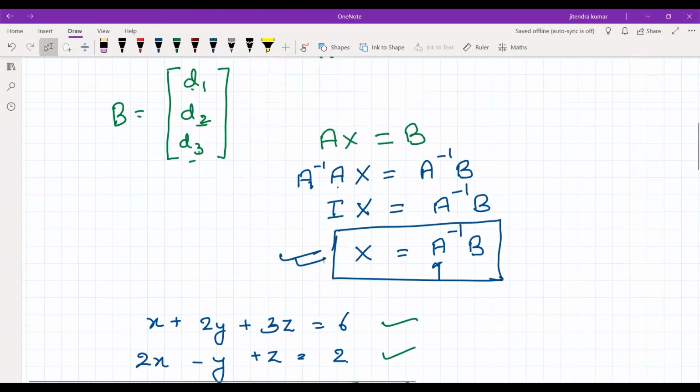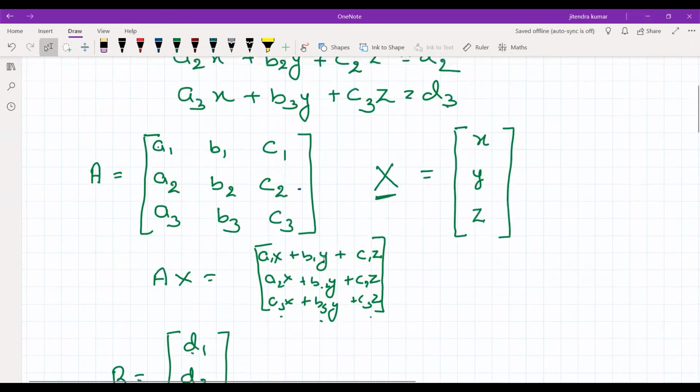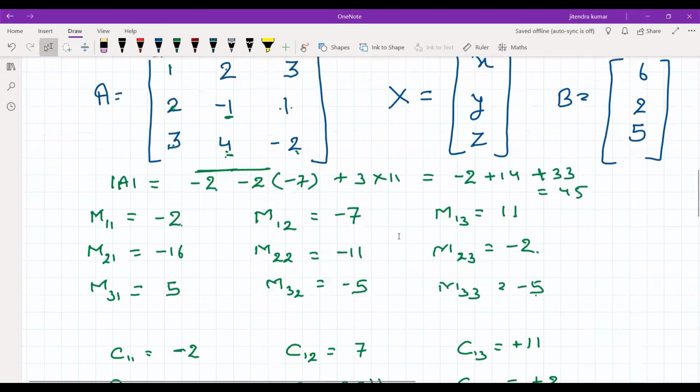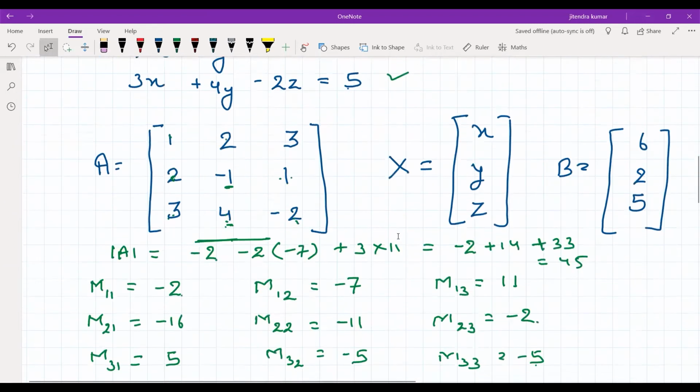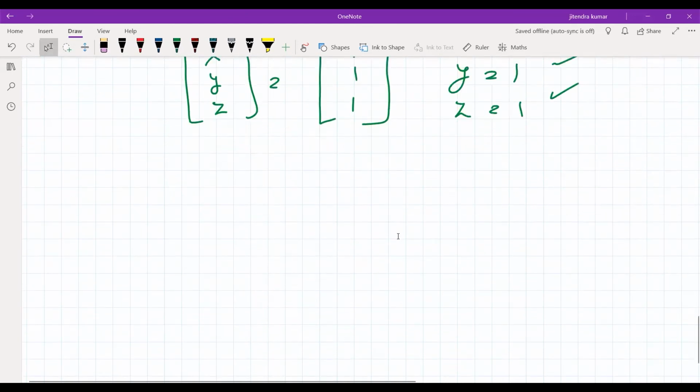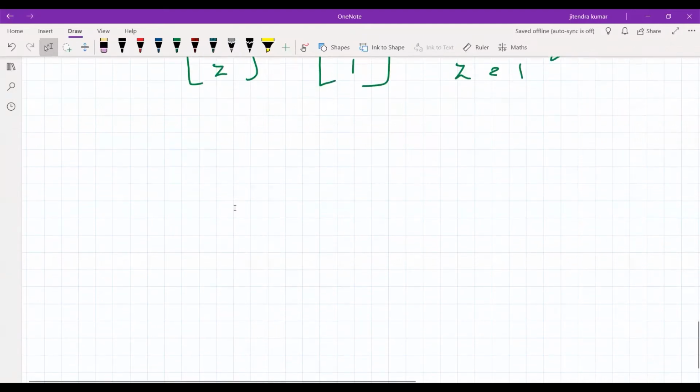Okay, so this type of question comes in your 6 marks. It takes some time, but it carries 6 marks in exams. So this will be the complete method here. Now we will see a few more things about systems of linear equations. Most of these things you have already studied in lower classes, but still let's see consistent and inconsistent equations. What are consistent equations? What are inconsistent equations? What are homogeneous equations? So we will see these terms now.